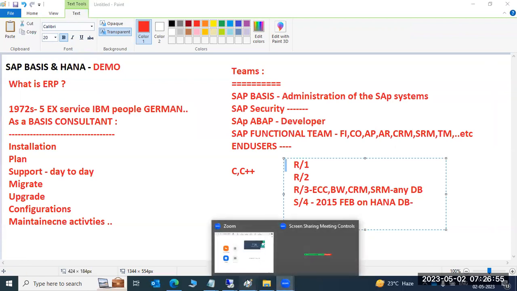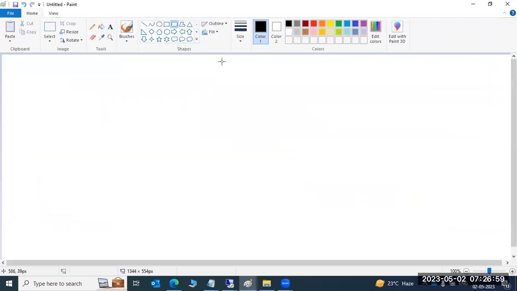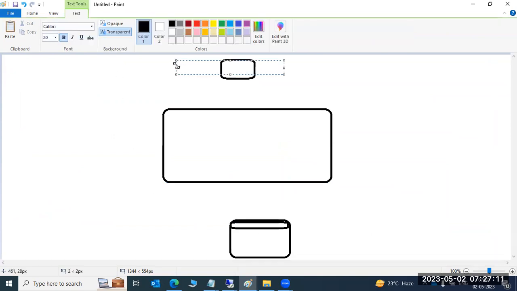Normally our SAP architecture looks like this: presentation layer, application layer, and database layer. SAP depends on the database. Presentation layer means GUI. All end users connect from here, through browsers, GUI, some tools.